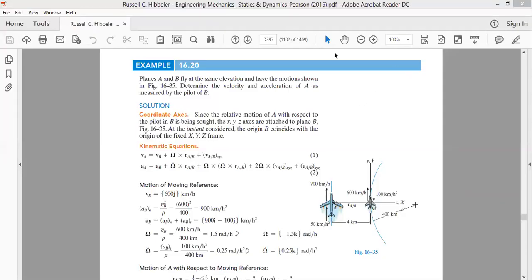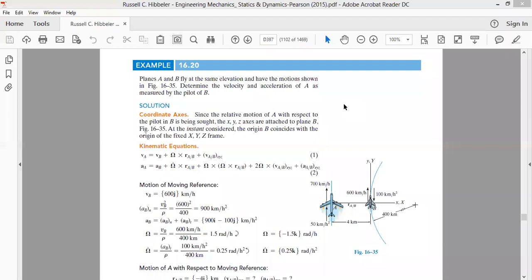As far as today's class is concerned, today we are going to discuss an important concept of dynamics, that is velocity measurement or acceleration measurement, or the motion analysis of a rigid body in two different frames of reference. What do we understand by the two frames of reference? In order to make you understand what is the central idea of this topic,